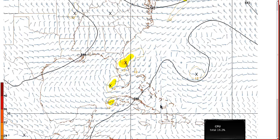The big question right now, though, is exactly where this thing is going to go. The models have become a lot less, if you can believe that, less agreeable since yesterday, and they disagree a lot now on what's going to happen with this system, and they've been changing their minds a lot over the last few days. This is the GFS 500 millibar day 4,